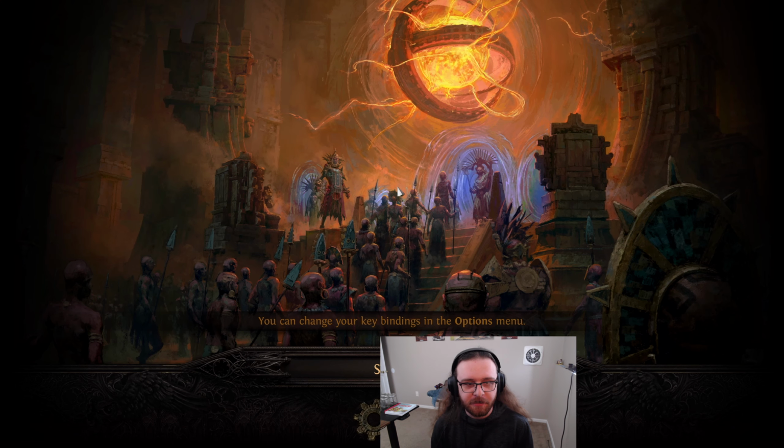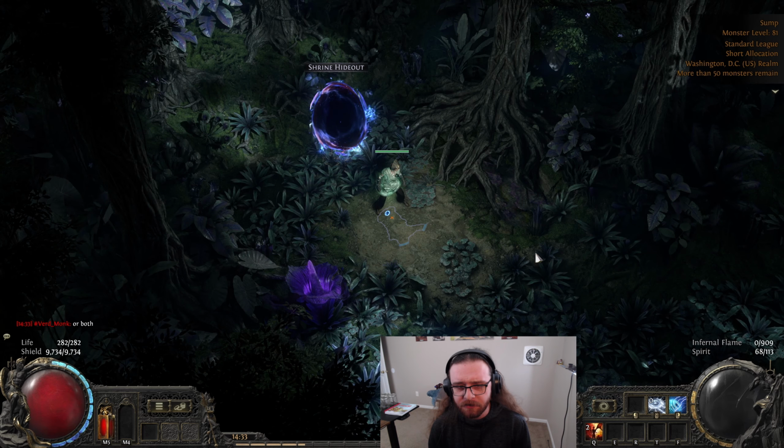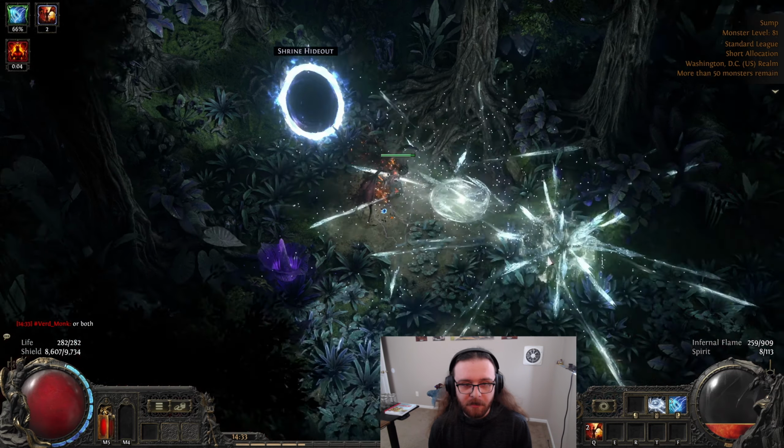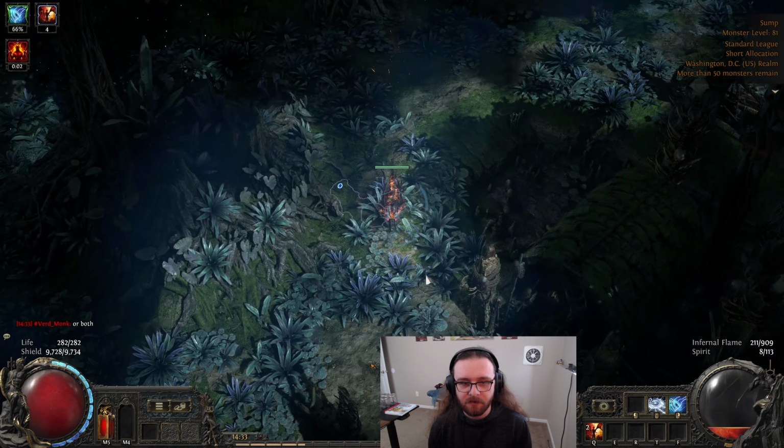Welcome to Barrier Invocation Infernalist. This build has been gaining popularity recently. It seems like it's been simultaneously invented from quite a few angles, so I figured I'd share the version I'm doing. So story time for the build is that someone early on in the beta posted a video using a